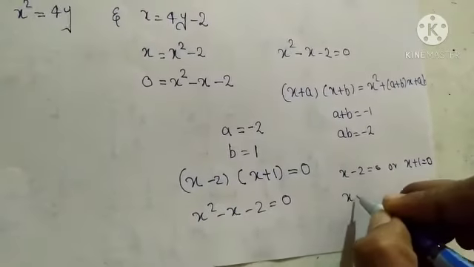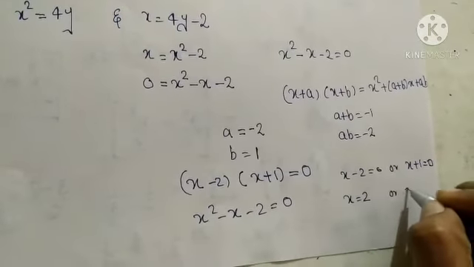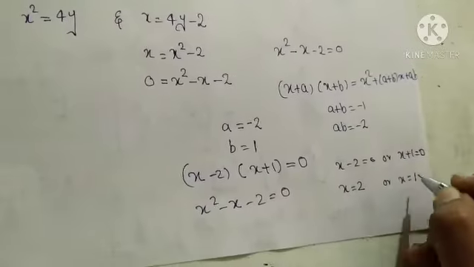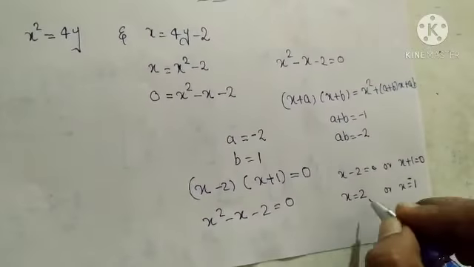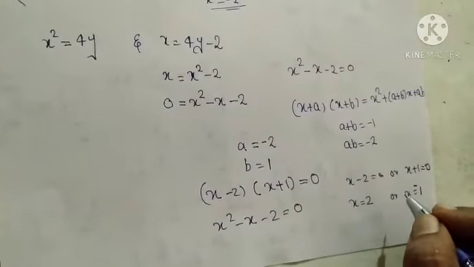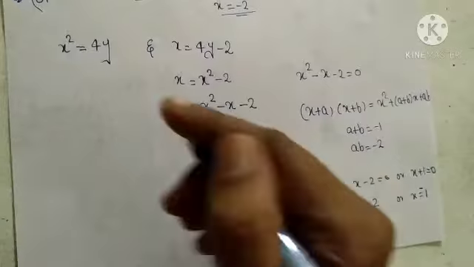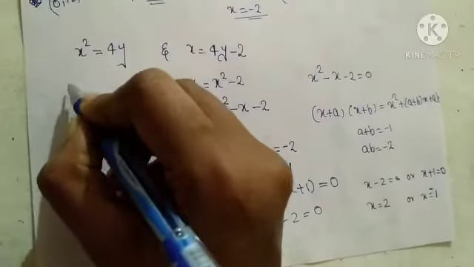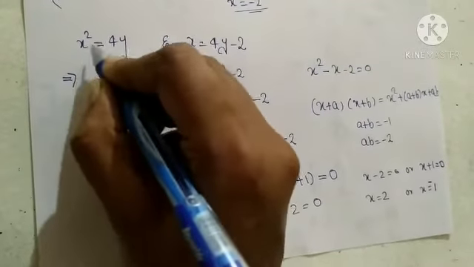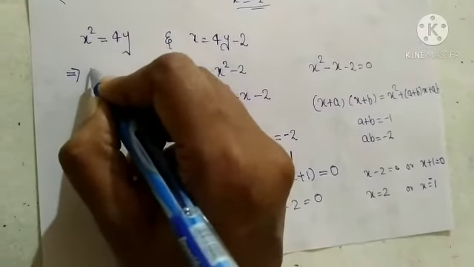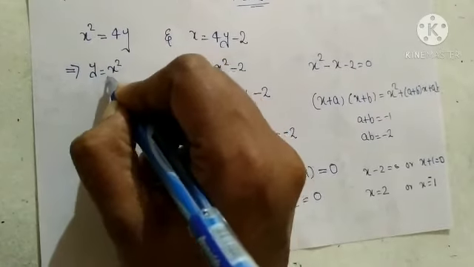So from this we get x equal to 2 or x equal to minus 1, two possible values of x. Okay, so from this x square equal to 4y, we get y equal to x square by 4,